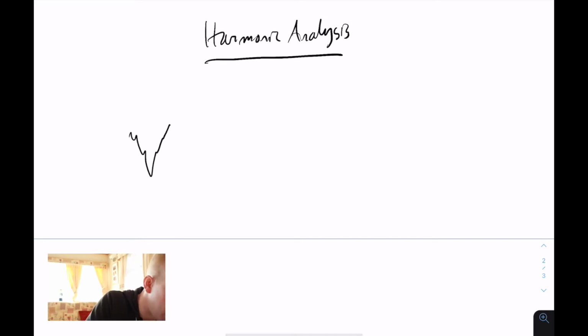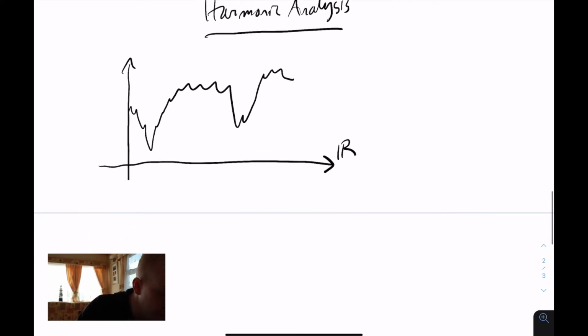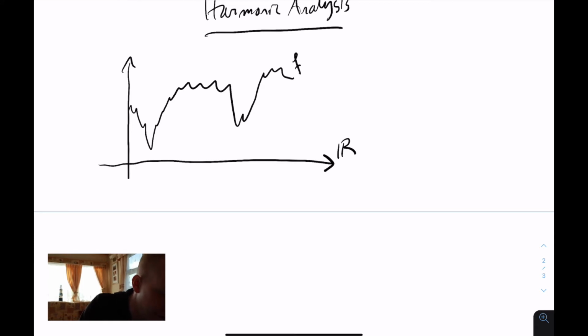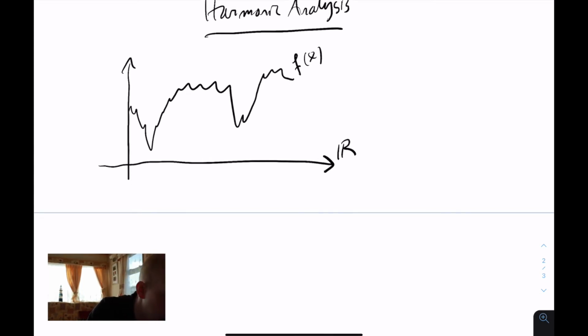that we have a very complicated looking function. You could think about this as a signal on the real line. So here we have R, and it could be any kind of function f with certain properties, given as a function f of x. The Fourier analysis allows us to approximate this function as a sum of simpler functions with a certain wavelength, for example. Okay, when you start to approximate this function,